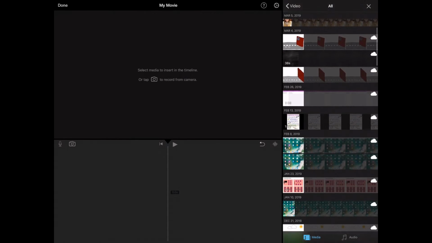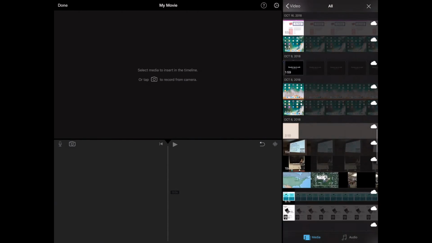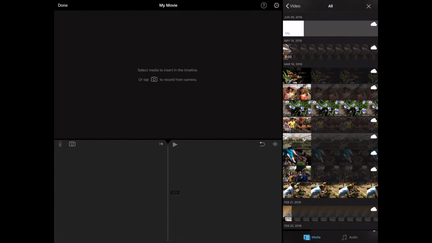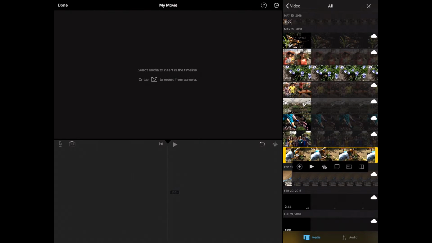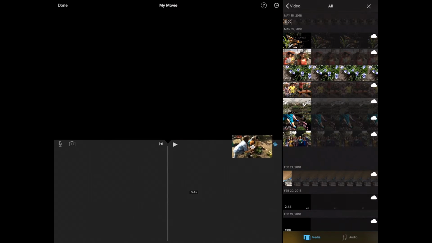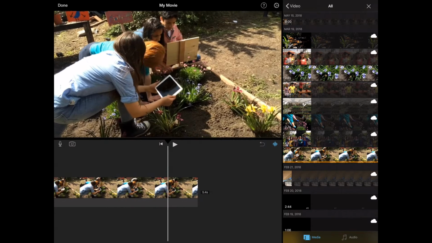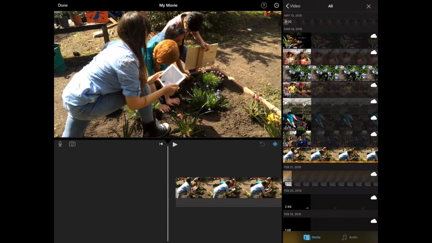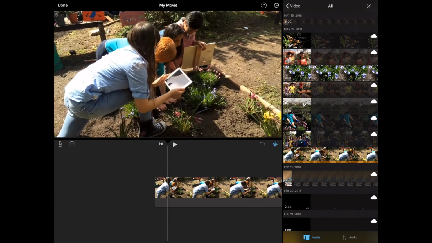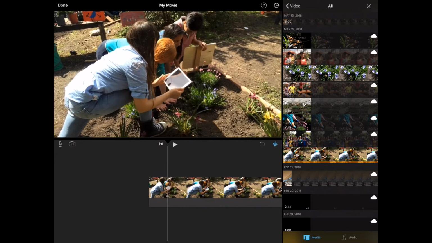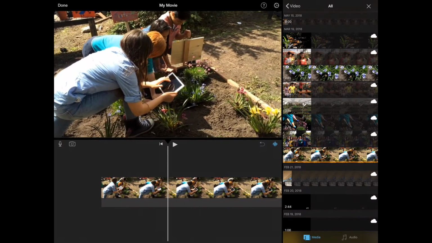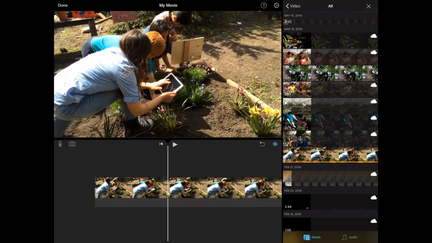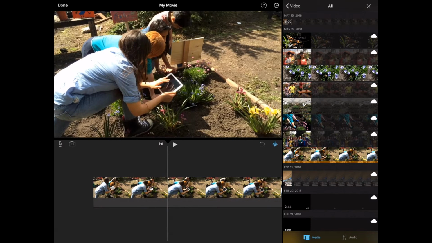So I'm going to grab my first video, which is going to be of some students recording a plant, and you'll see why they're recording this plant in a moment. Now in this case, remember I said wherever I have the white playhead is where the next video is going to be. So I'm going to move this till you see the little girl tap the screen, and right there then I'm going to add another video, which is this B, and I'm going to choose the third option, which is the side-by-side,